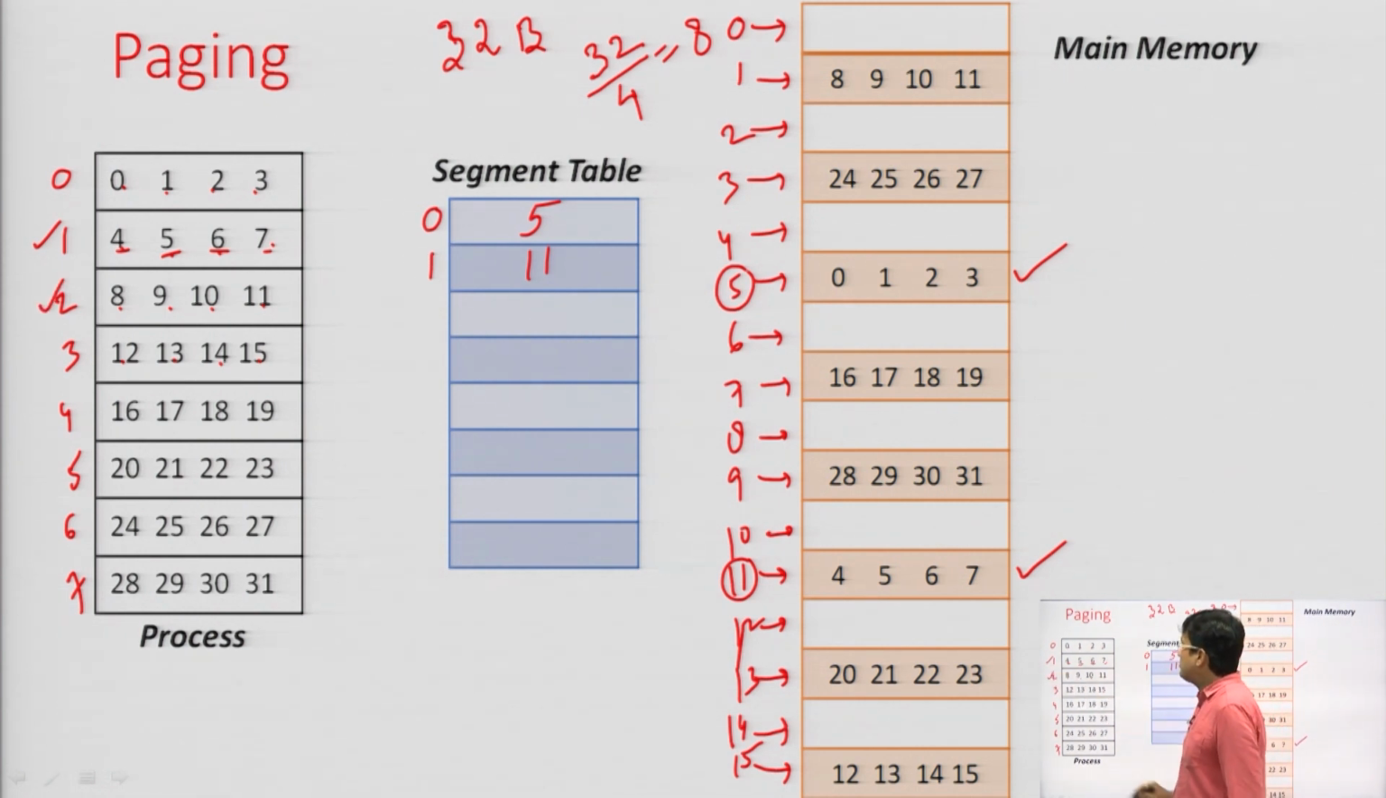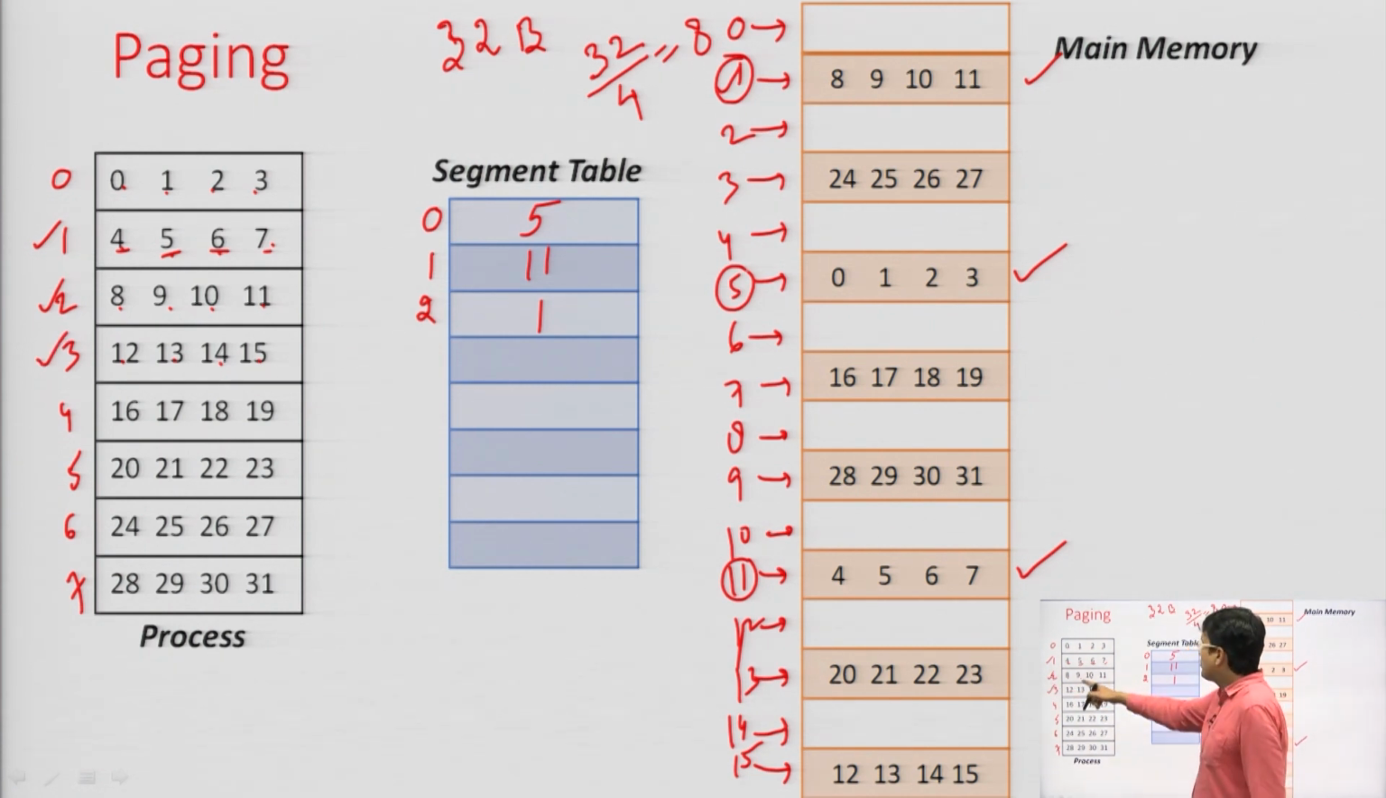Similarly, we have page number 2. So, page number 2 is getting accommodated in frame number 1. Here we have, let us put a tick mark here. So, page number 2 is getting accommodated in the frame number 1. Similarly, page number 3 is getting accommodated in the frame number